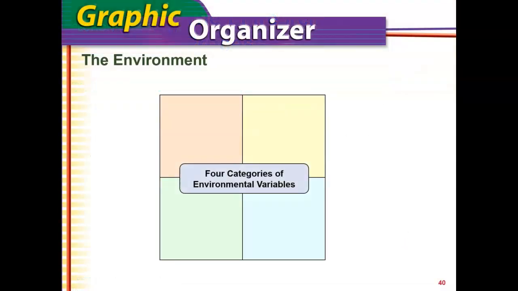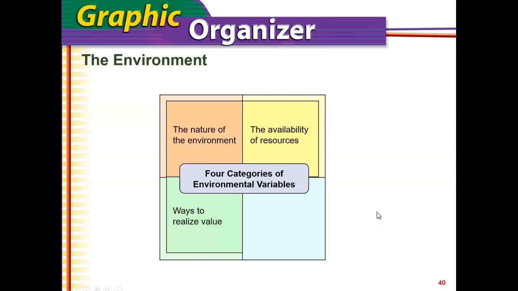So there are 4 categories of environmental variables, and I'm going to put them all up right now. So the nature of the environment, right? That is where you are, what's around you, and what you have. Are we in an environment that is conducive to businesses starting up and being successful and competing? Or are we in a situation where the environment is one of a monopoly, and that monopoly itself inhibits competitors from actually entering the market? That is that type of environment.